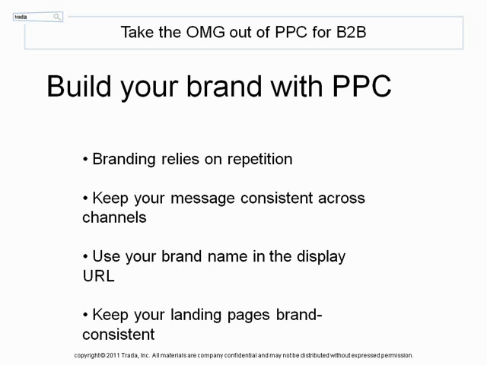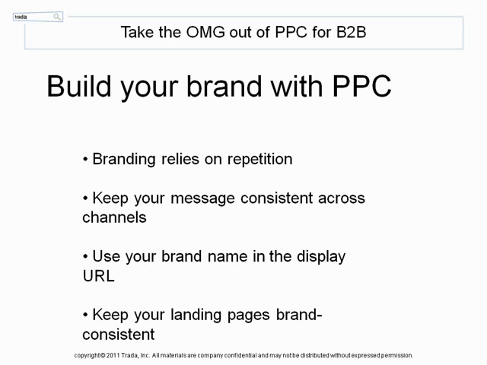So here are the key points. Branding relies on repetition, so it's important to rank on many different search terms, both short and long tail. You want to be consistent with your messaging and your keywords. So if you have a tagline that's relevant, use it in display campaigns, PPC ads, Facebook announcements, and your Twitter messages. Bigger brands use this strategy all the time. They might change their messaging over time, but at any one point all messages you see across channels will be consistent.